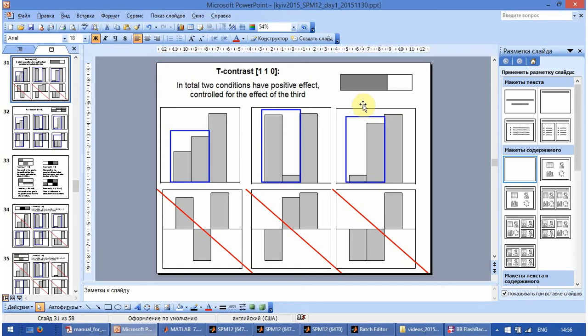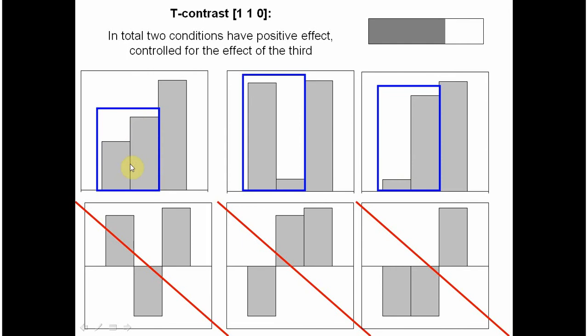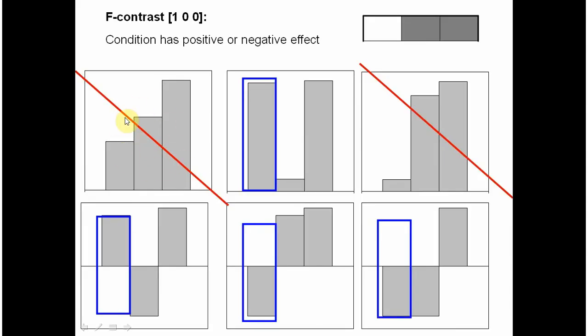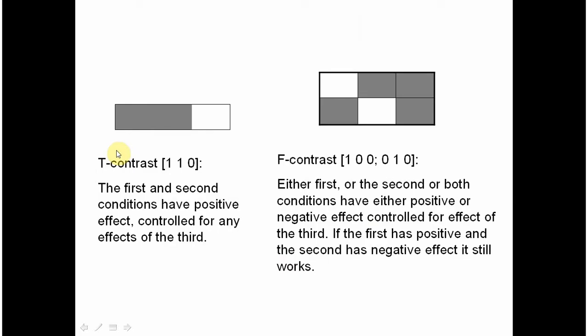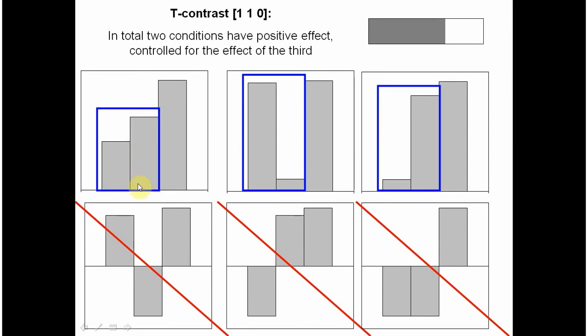In this case, the contrast is sensitive to the average effect of two conditions, but only to positive outcomes. This example is of particular interest. Here, the first bar was not significant if it was a T contrast like this. The first bar alone is not significant, but together with the second condition,